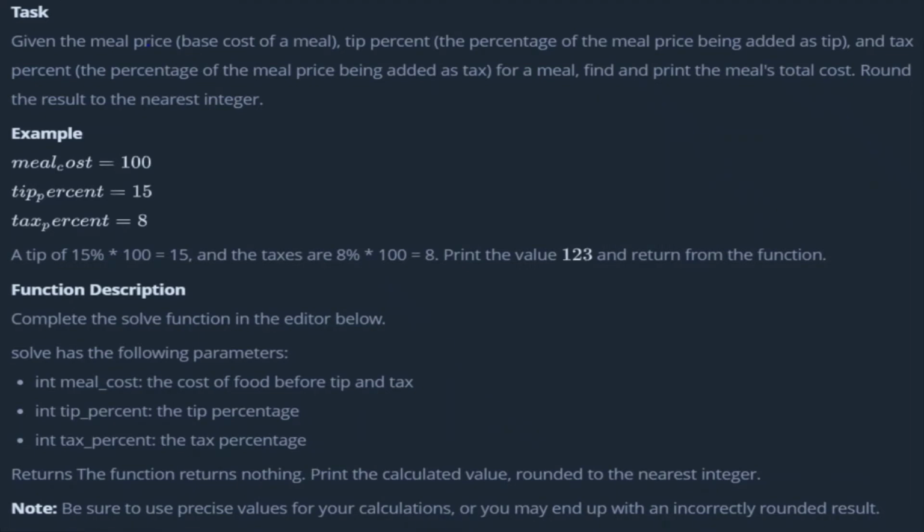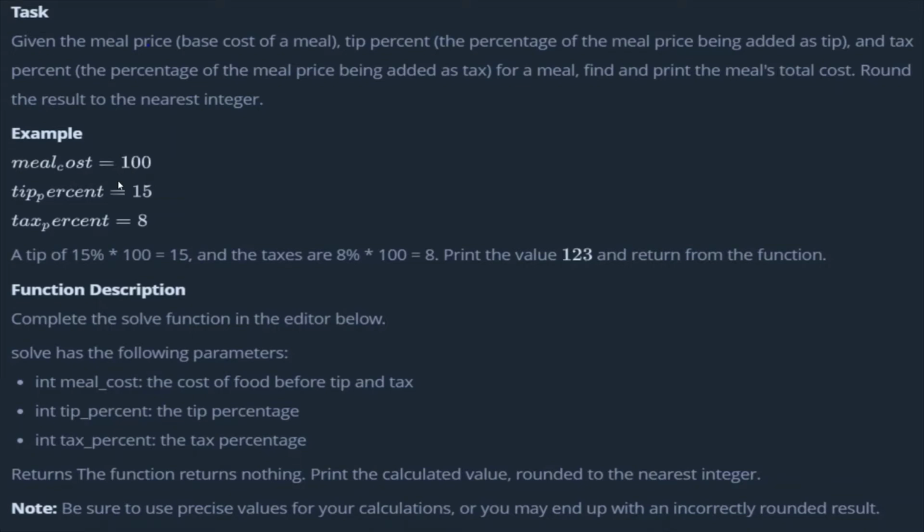So basically I have taken a screenshot from HackerRank so that it will be clearly visible for you. They have given three variables: meal cost, tip percent, and tax percent.